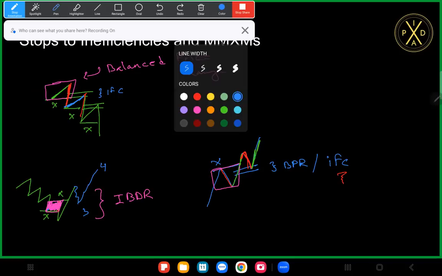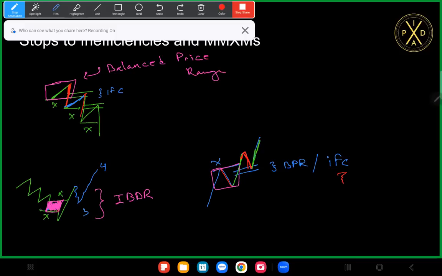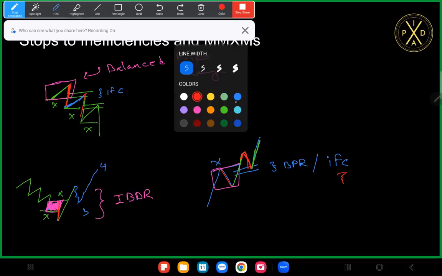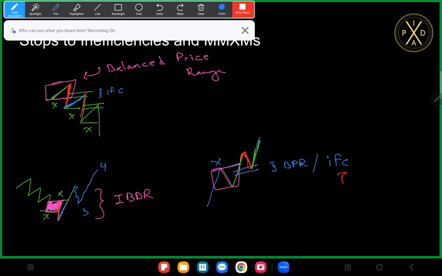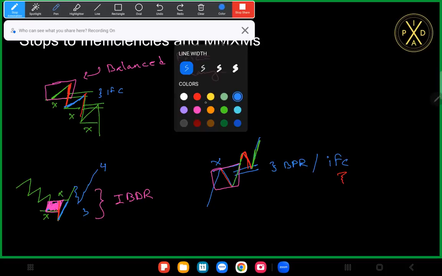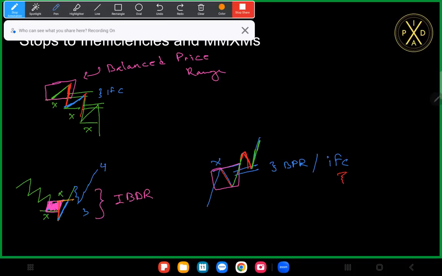So why should price want to give us phase 3? Well, it took out this balanced price range, but in doing so, it also created a new balanced price range. So price comes lower, and then it goes higher within that same range. So this area right here is now balanced,